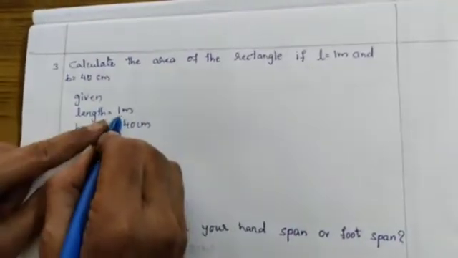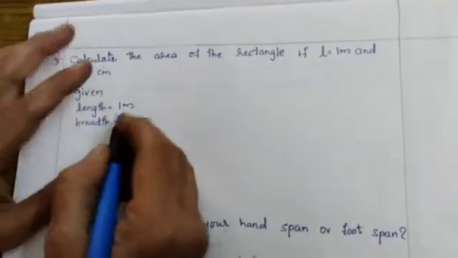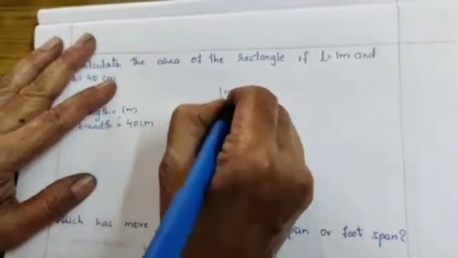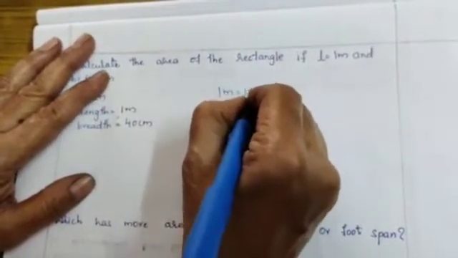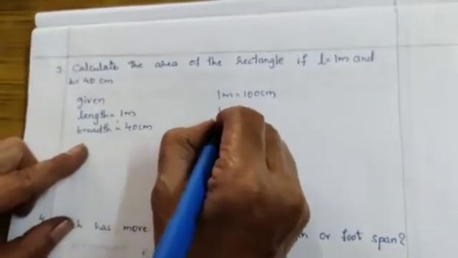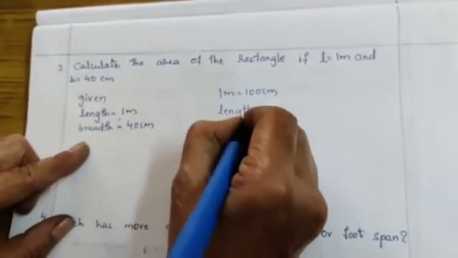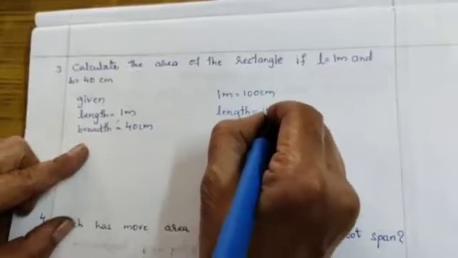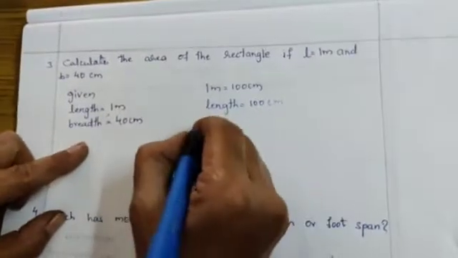So this length you have to convert into centimeter. So 1 meter is equal to how many centimeter, children? 100 centimeter. So here length you can write as 100 centimeter